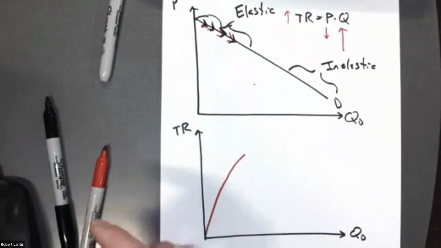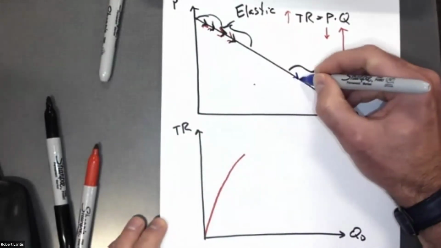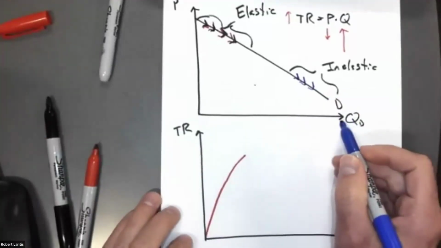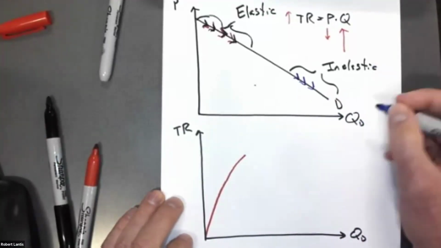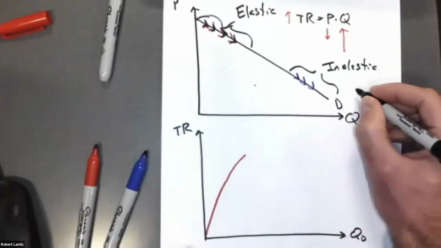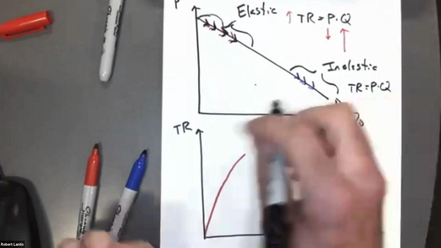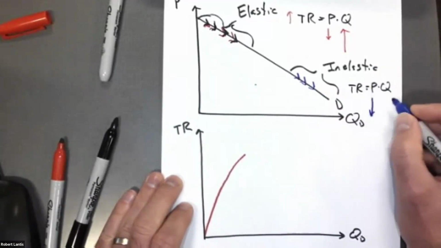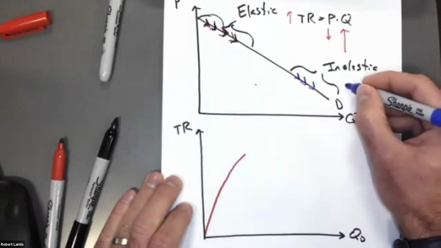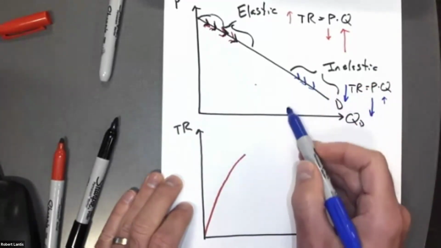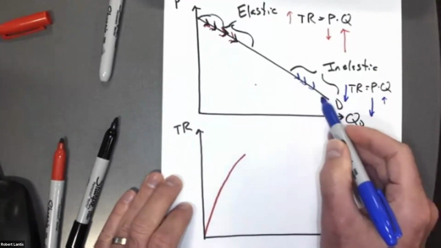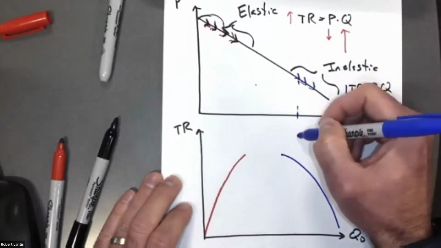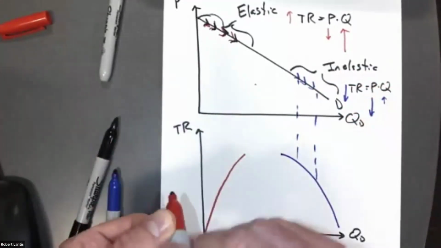Okay. Over here, we said if demand is inelastic, if I want to keep selling more units and I'm lowering the price here, well, as I lower the price, what's happening to total revenue? Well, here, if they're inelastic, price decreases, people aren't responding. They're not buying that many more units. And so there I would just be decreasing total revenues. So for every quantity out here, when I'm lowering the price, what am I doing to total revenues? I'm actually decreasing them, right? So we can kind of map these quantities to different